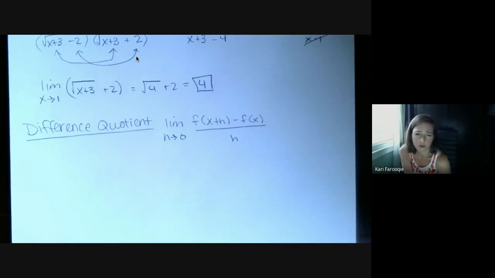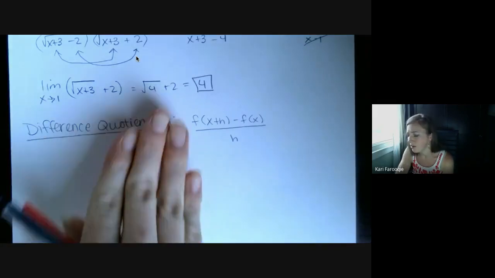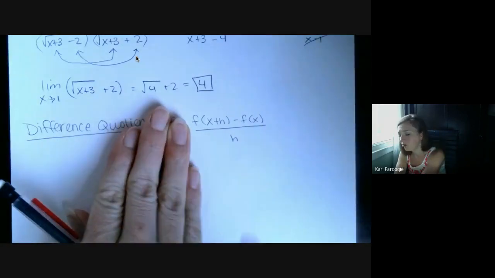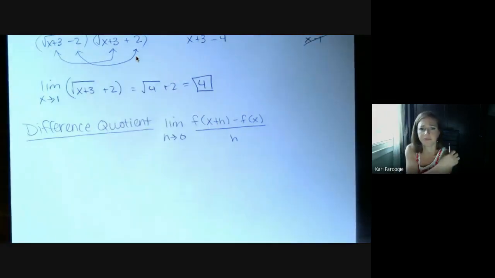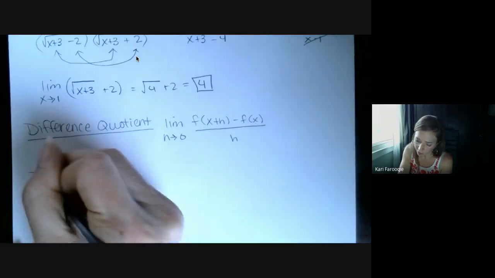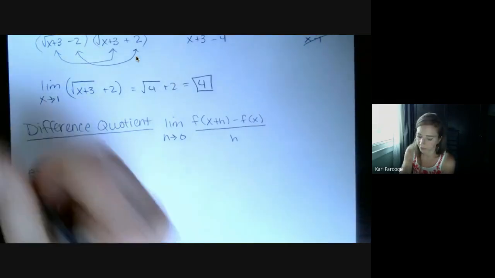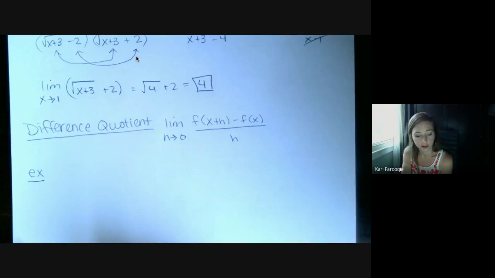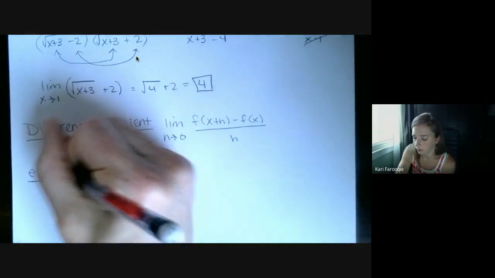So when you saw the difference quotient in algebra, it didn't have a limit on it, but you were asked to evaluate f of x plus h minus f of x over h. Sometimes you see this with a delta x instead of an h. So I want to give you an example using this. Find the limit of the difference quotient